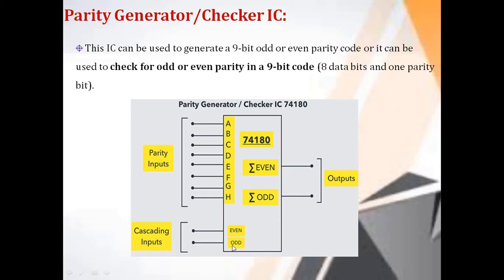If I use odd parity, the even cascading input goes low. Okay, right? It produces 2 types of output, sum of even and sum of odd. If I use the cascading input as even, it will produce the sum of even parity. If I use odd parity, it will produce the result for sum of odd, right?